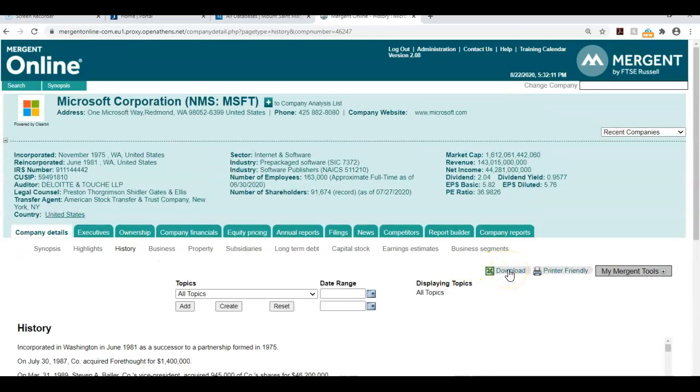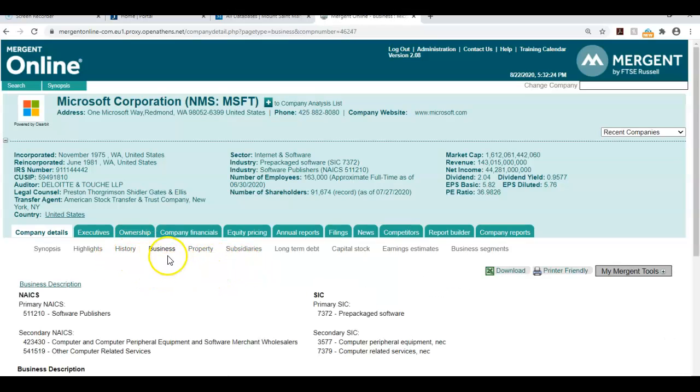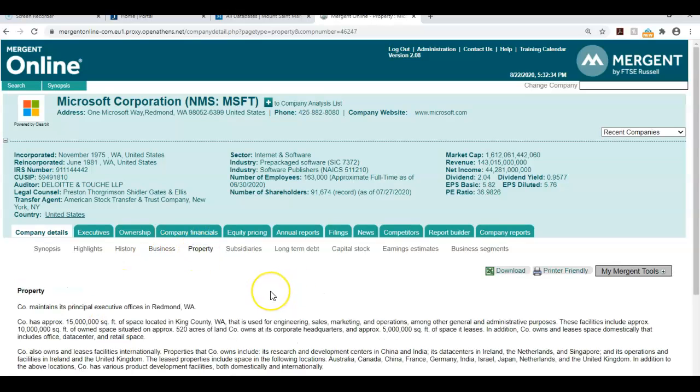Every one of these reports that you pull up can be downloaded or printed, so you can download it into Excel or PDF, however you want to look at it. There's many things under the synopsis, basic information about the business, what industry, NAICS, the industry code that it's under, their property information,